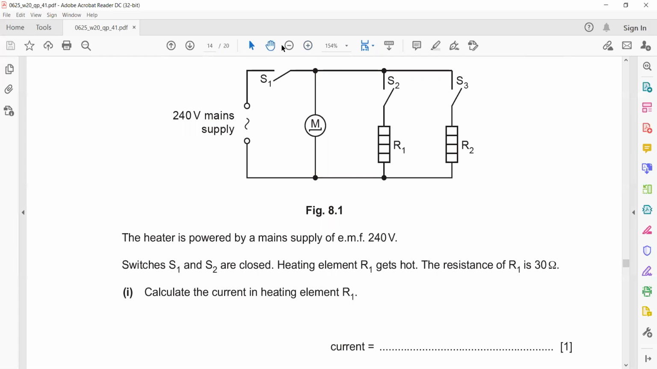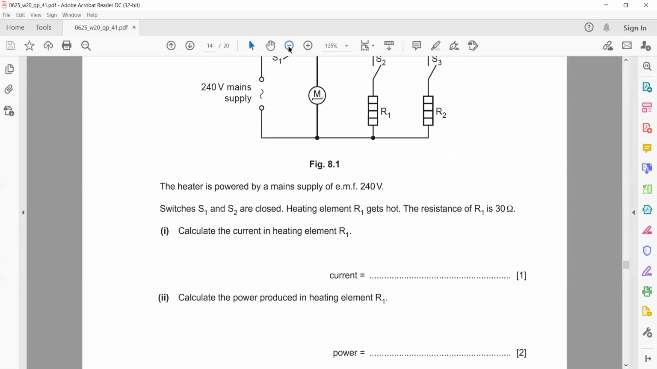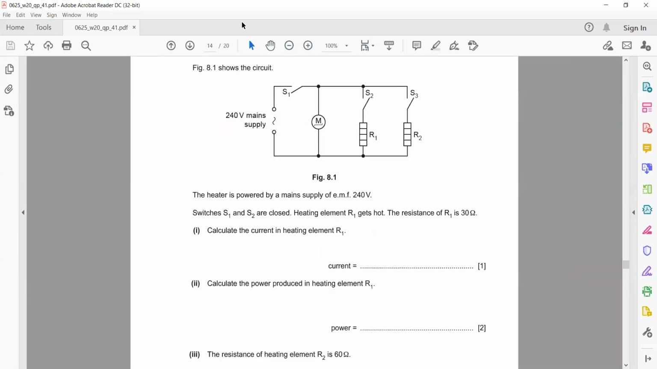Calculate the current. So to know the current, as we know, the switch is closed and they are parallel to each other, so they will receive the same 240 volts. We know the voltage, we know the resistance, we need the current. So how do we get the current? V is equal to IR, so I is equal to V divided by R. So what is the answer? 240 divided by 30, which is equal to 8